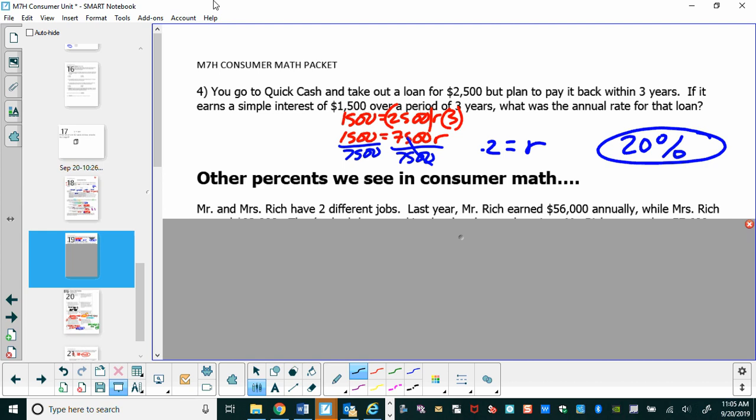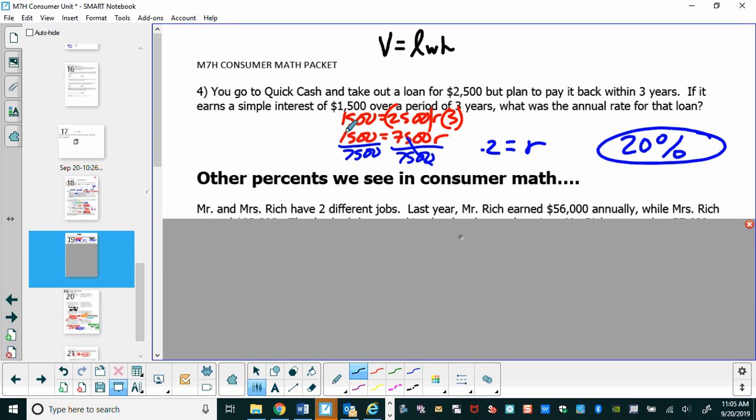Question 4 here is a little bit different because instead of asking for the interest and giving you P, R, and T, this problem is telling you how much interest was earned. It's telling you the starting amount and how much time, but we want to solve for R. So just like the volume and then the length, width, and height problem that we might talk about, you're going to multiply the 2,500, which is the principal, by the 3 to get a coefficient. And so we've got 7,500 as my coefficient over here.